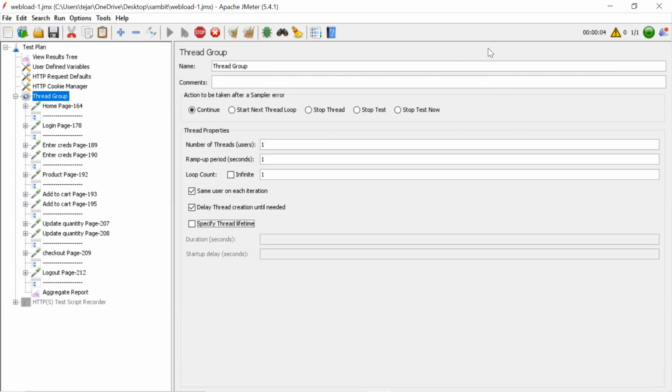This one will run for one iteration only. One user, in 1 second, runs for one iteration and is done. Yes, the normal case, one user.